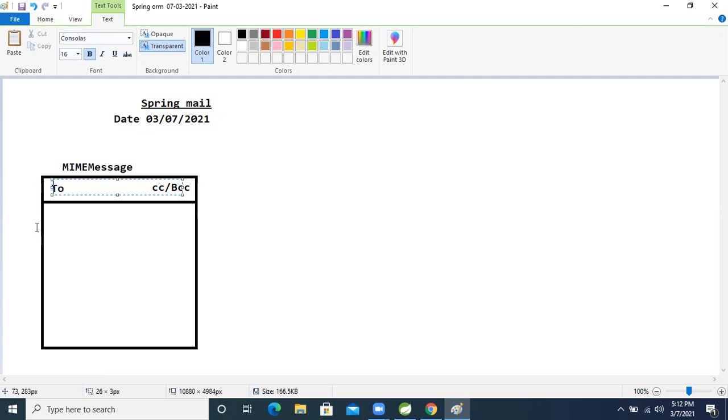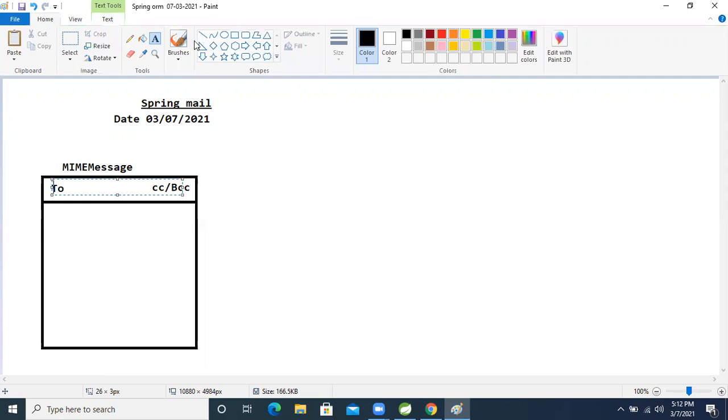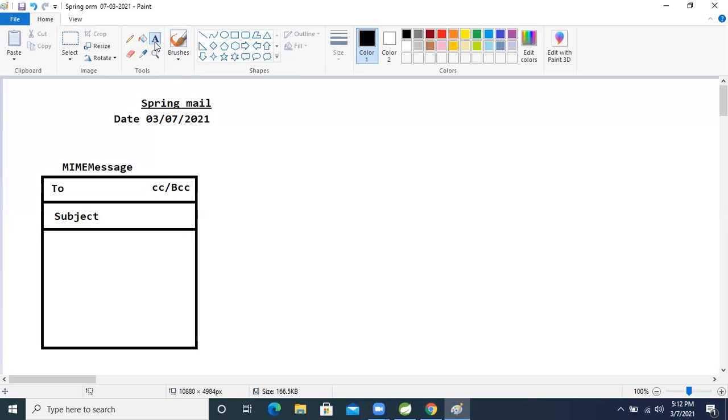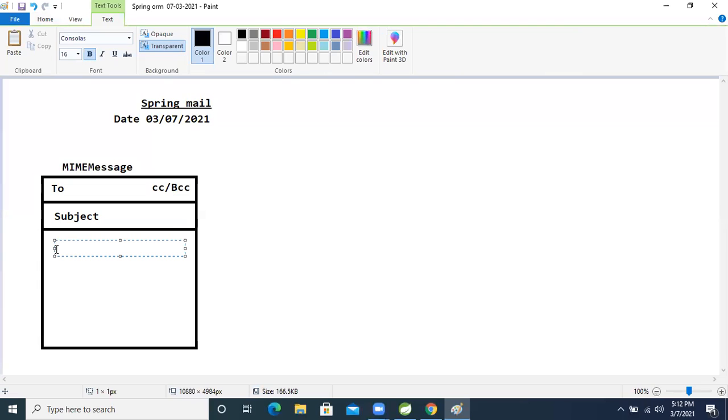That is where we are sending, the person we want to send the email to. After that, at the time of writing the email, we are using a subject. Subject means some subject we are giving, so for the subject purpose we give one field. After that, this is the text area: hi dear, hi sir, how are you, thanks and regards.